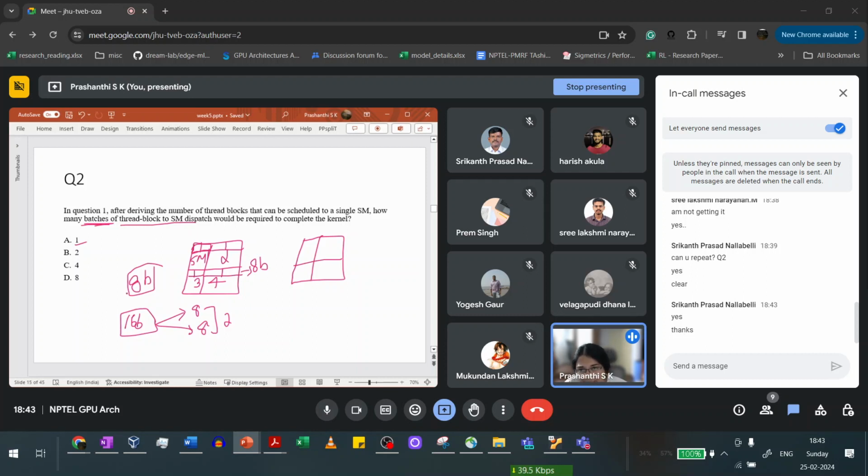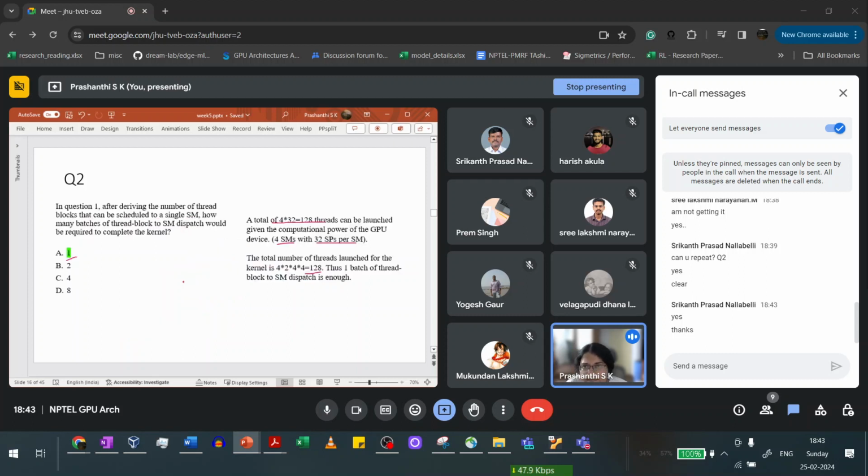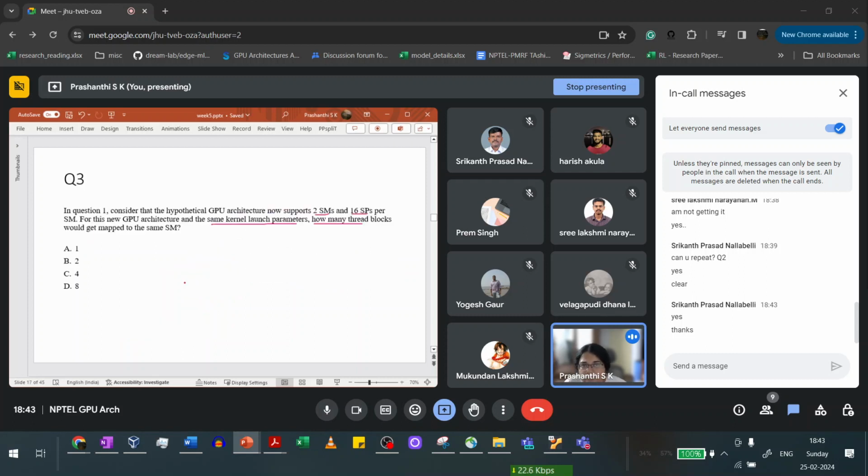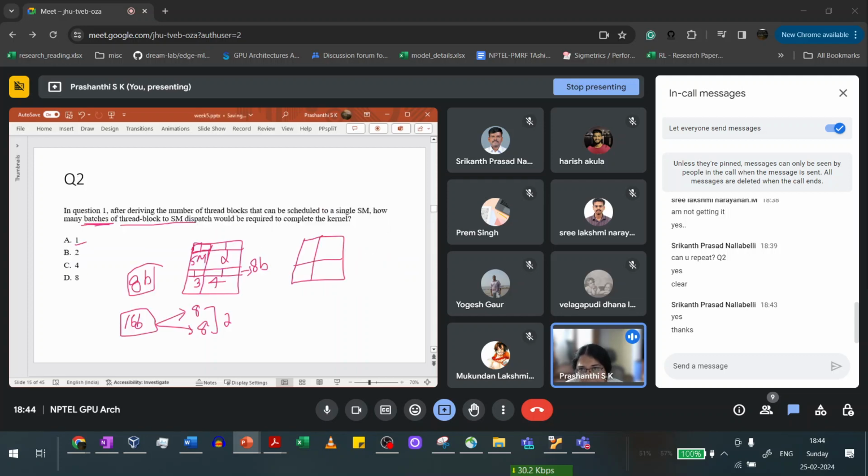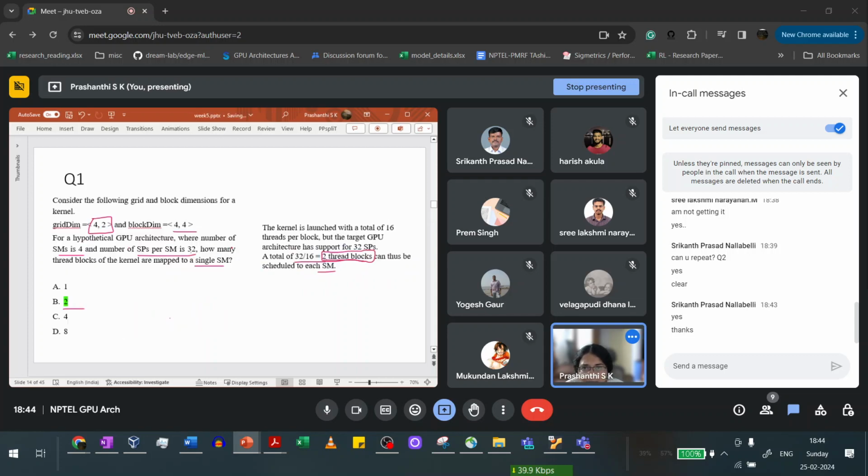Okay, let's go back to question 3 now and see if it makes sense. So now what changes in question 3? The kernel remains the same. But now your GPU architecture supports 2 SMs and 16 SPs per SM. So again, I'll go back to our simple example so that you get clarity. So now you have 2 rooms and 16 people per room, right? And you have the same launch parameters, meaning how many blocks do you have? You have 8 at a time,